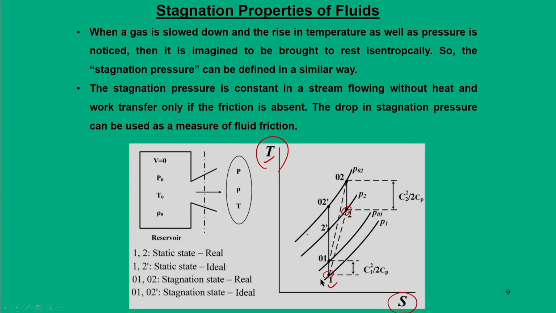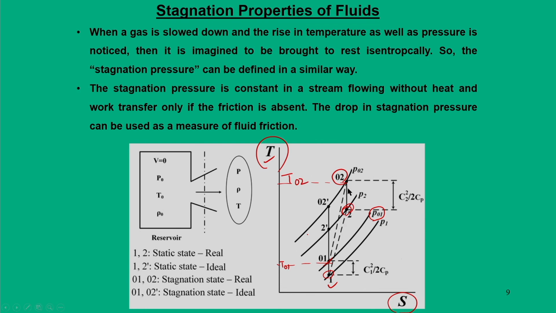So, there are two practical states, which means a system undergoes a compression process from state 1 to 2. Now, for state 1, the hypothetical way of representing its stagnation temperature is T01, and the stagnation pressure would be P01. When the system is at 2, the corresponding stagnation pressure would be P02, and the corresponding stagnation temperature would be T02.